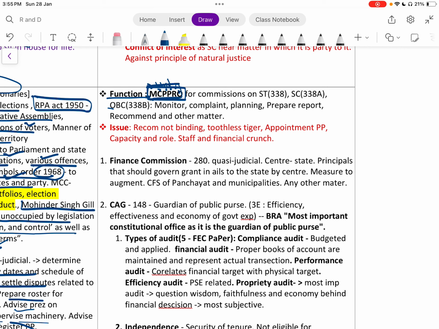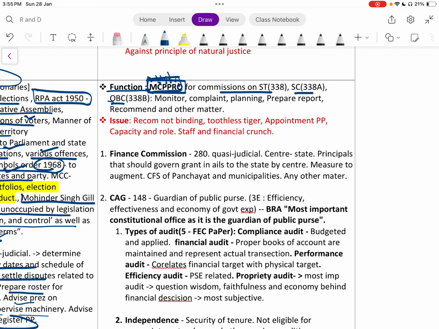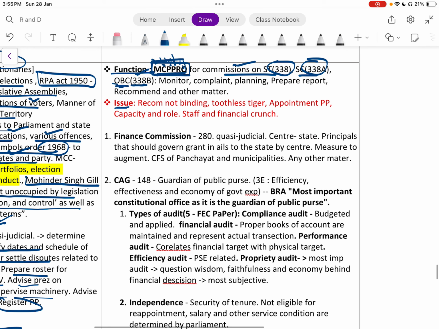Okay, National Commission for ST, SC, OBC. The National Commission for ST is in Article 338, SC is in 338A and OBC is in 338B. What are the issues? Recommendations are not binding. It is a toothless tiger. Appointment